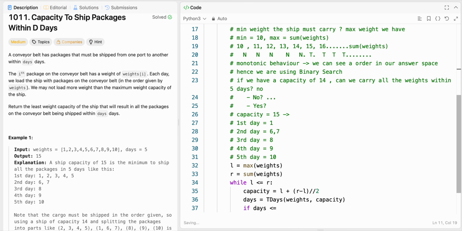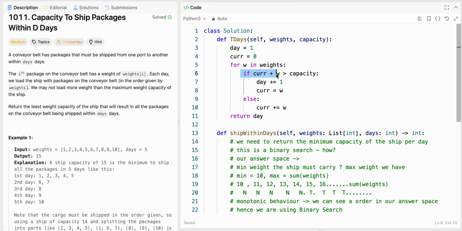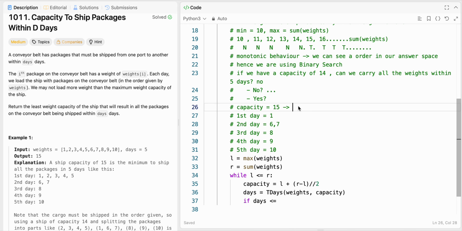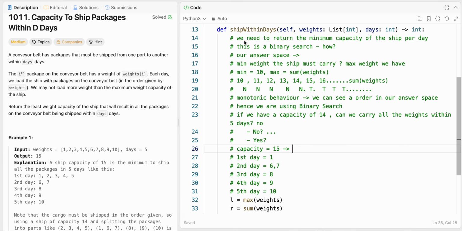Now we have written: if the current plus weight is more than capacity, right? So here the capacity is 15 and the current weight we have is